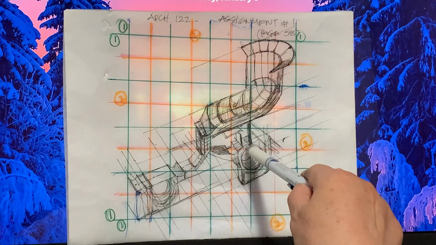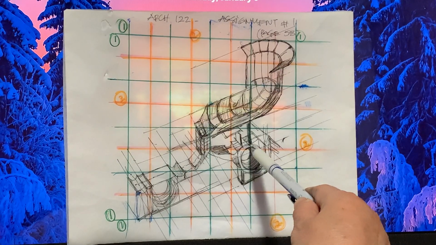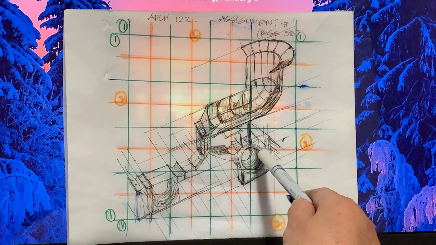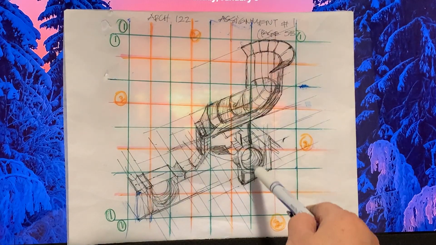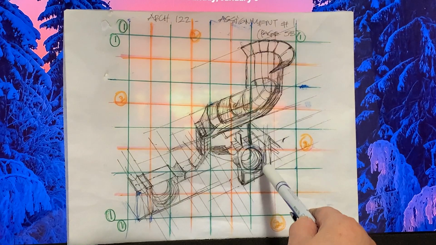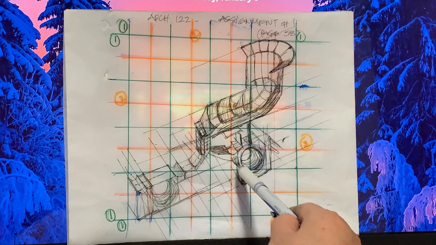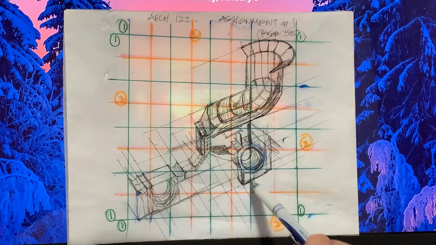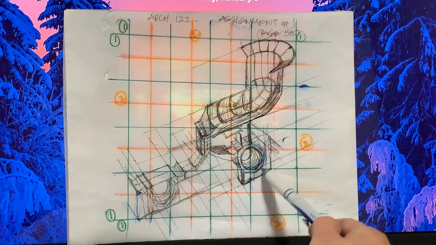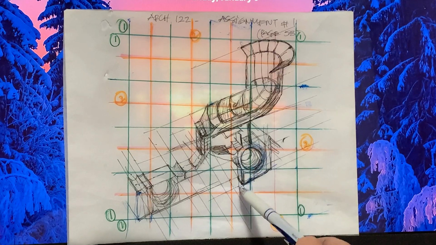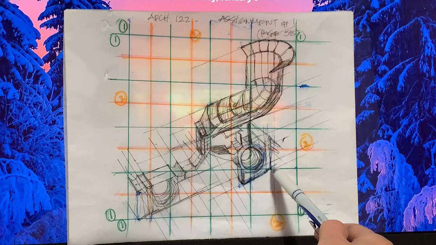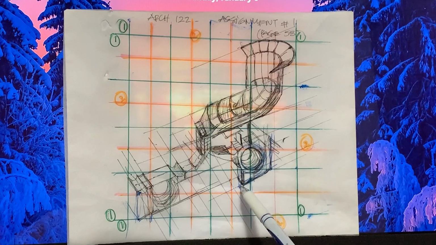For example, the circle, you start from here. You see that is from the yellow line right there, and this is the green line. And after that you draw half of the circle with the other one, and you do one more time. And this is the center. You mark the point right here, the center between the green and the yellow. After that, you draw the leg line. This is almost center, and you go straight like this.